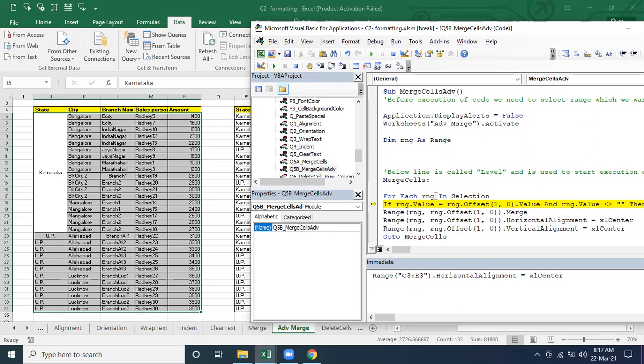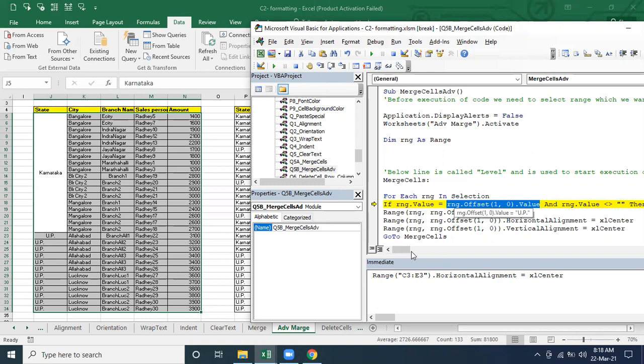Now, from here you have to absorb how it reaches the selection area. The range is going to pick from the selection. The range will be Karnataka, correct? And now it's going to pick the Karnataka dot offset of that range, which is going to talk about UP. The cell is going to pop up, right? Both are equal? No, both are not equal. If both are not equal, then what is it going to do?